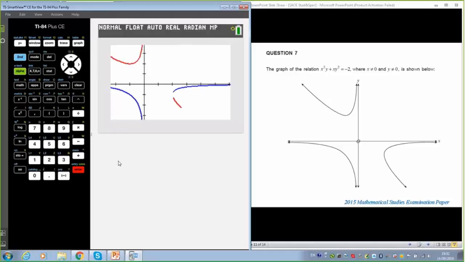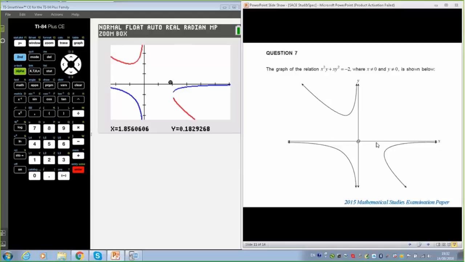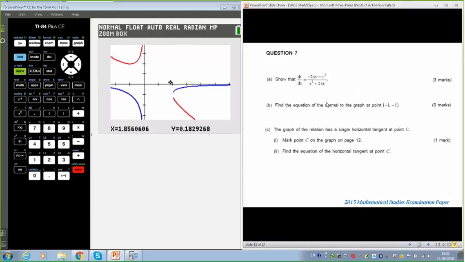And if I zoomed in a bit more, on the one I did earlier, they actually will join together here as well. But it's no dramas, because now with that question that we're looking at, show the derivative, I can't do that. Find the equation of the normal. Again, they've got to find the equation of the normal. They've got to use this derivative, but we can still use the calculator to help us, to support our answers.